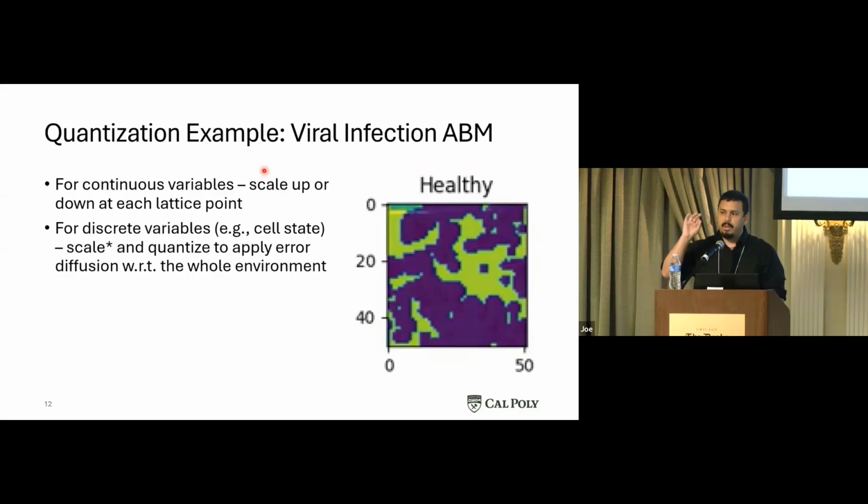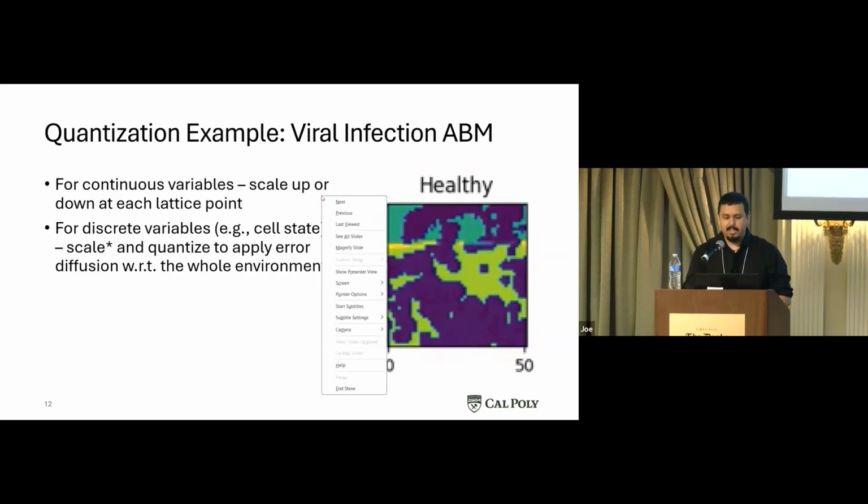So imagine that you have one single cell that can exist within a lattice, and you have to increase the number of healthy cells. And so this is where we do scaling, right? So let's say we have to increase by 20%. We just increase all the cells that are healthy already. So now we have 1.2 cells that are healthy in the environment, and then we quantize. And so this is bringing it back down to